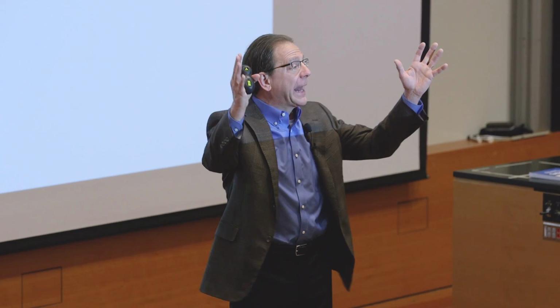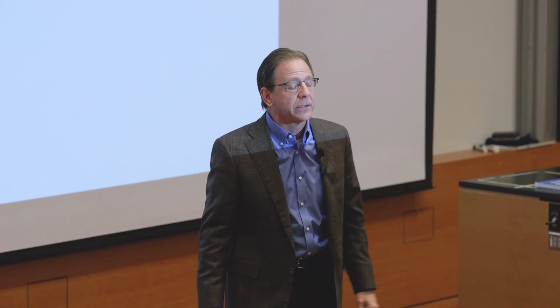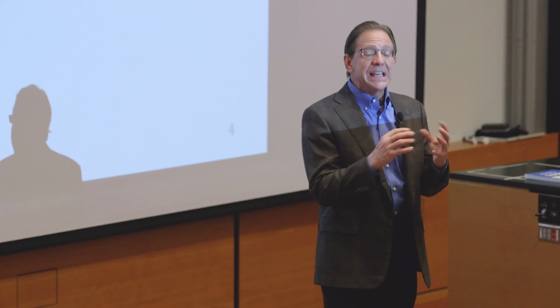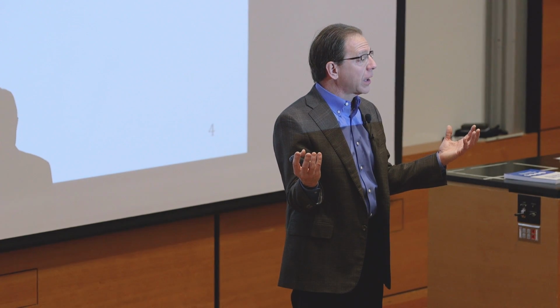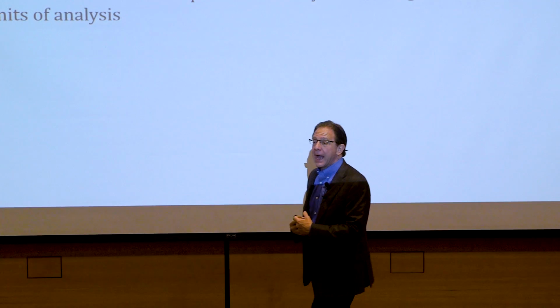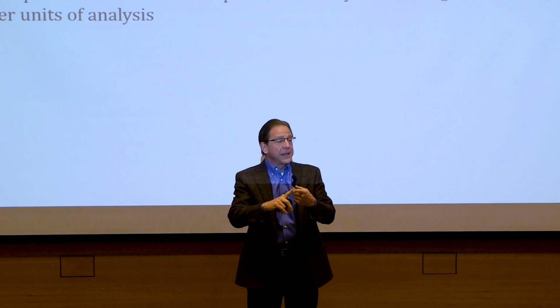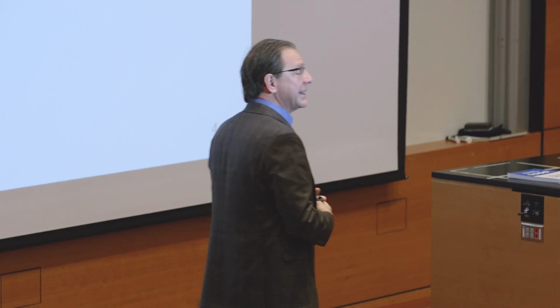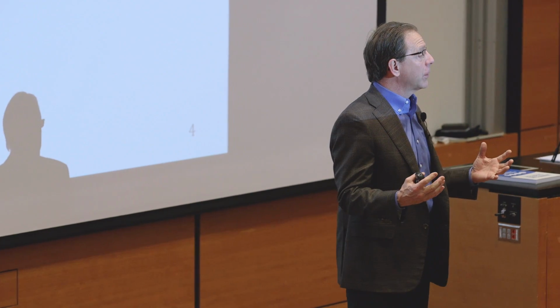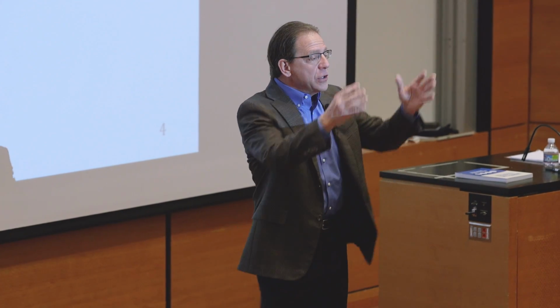Management scholars said, no, you can't just look at it from the industry. You got to get down to a smaller unit of analysis and look at it from the firm's perspective. And they added factors like human resources, leadership, culture, and organizational structure. And they say these factors, where one firm is different than another firm on their leadership or their structure, also helps explain why they might outperform each other. So while the economists looked at the industry to explain firm performance, management scholars said, no, you got to look at firm level factors. And they were maybe able to explain another, let's say, 30% of the variance in a firm's performance. Now, marketing scholars come and say, no, you have to go lower yet.